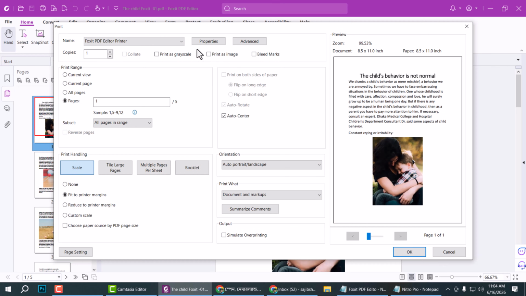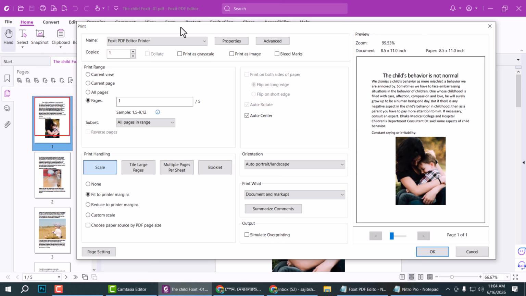This printer dialog box now opens, and here select your printer, Foxit PDF Editor printer, and you can select all pages or a specific page range. I select all pages,